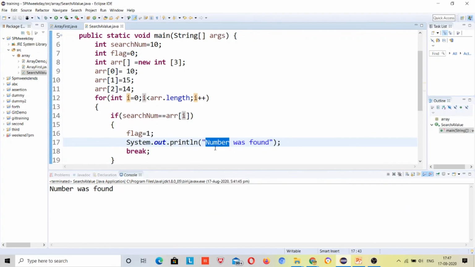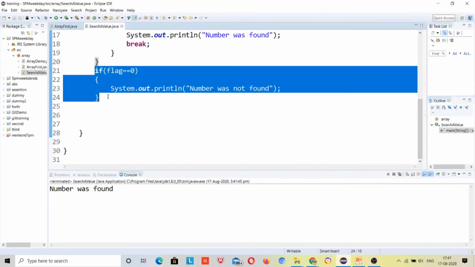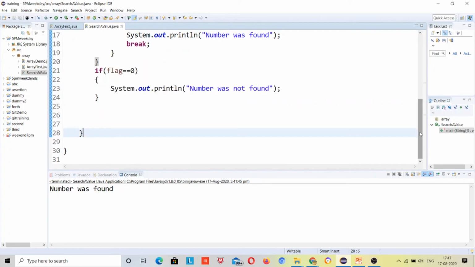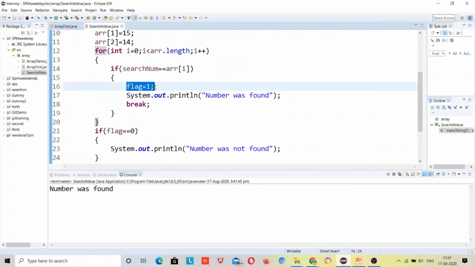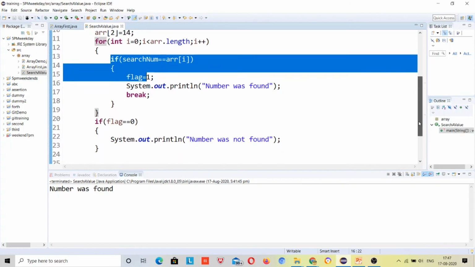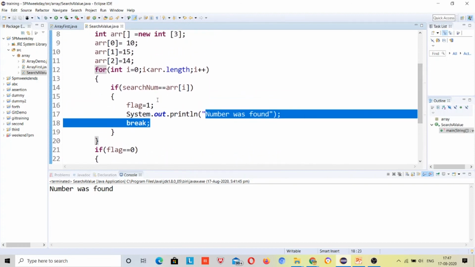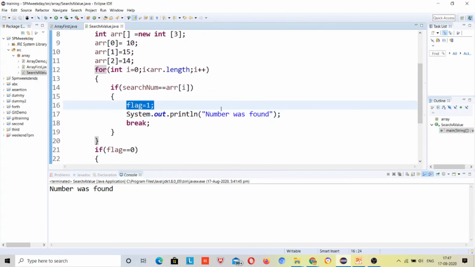So if the number was found, we update this flag variable from 0 to 1, so that when we come out of the loop, we can know whether the flag value is 0 or 1. If it was 1, that means it went to this if block, and then the number was found. If it didn't go to this if block, then the flag value will never be updated, because the flag value is updated only inside the if case.